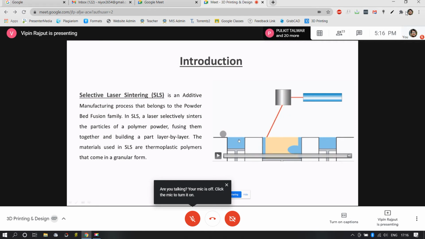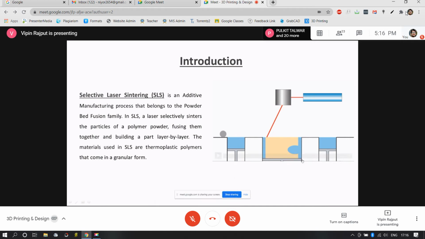So this video illustrates that we have a chamber where UV light is hitting. We have two separate chambers which hold the excess amount of material, and that is being thrown to this particular region. The process is very simple. You have rollers, you have a bucket which holds the additional material, and you have a chamber where the laser sintering actually happens.